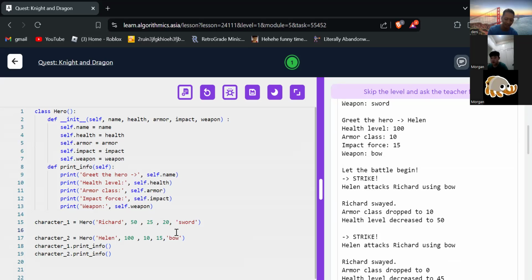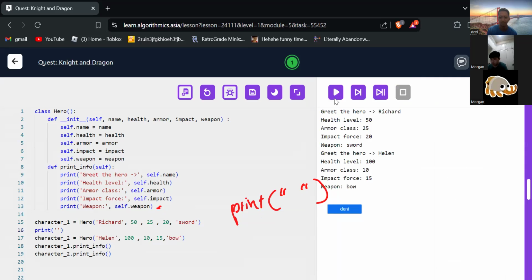Okay, let's add print here. Just print. Okay, so what should we do?